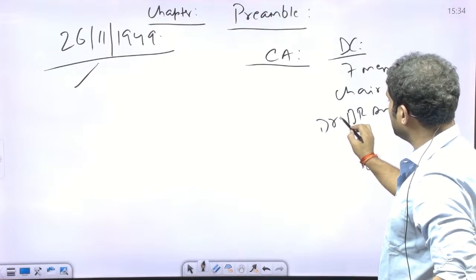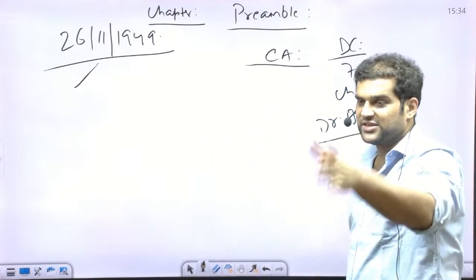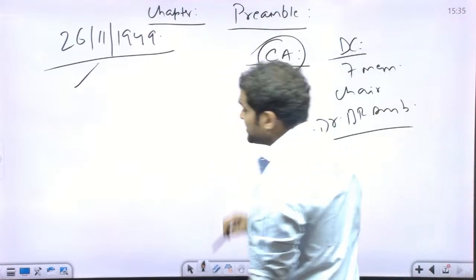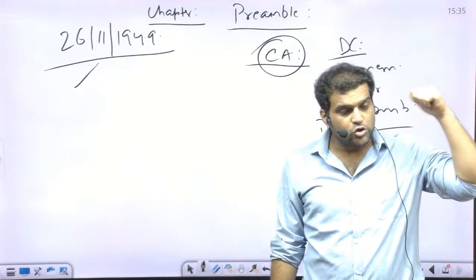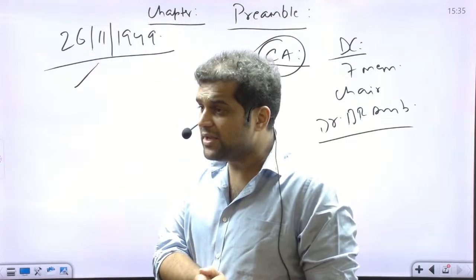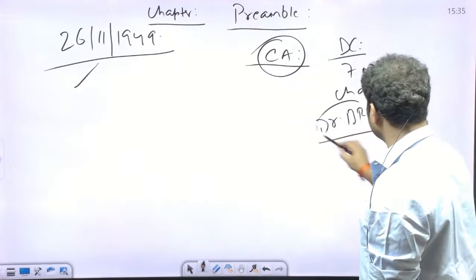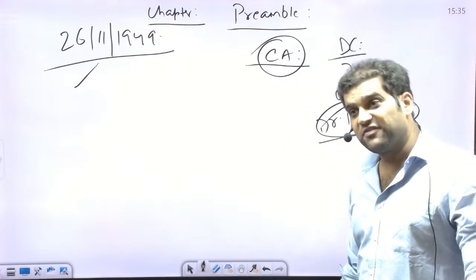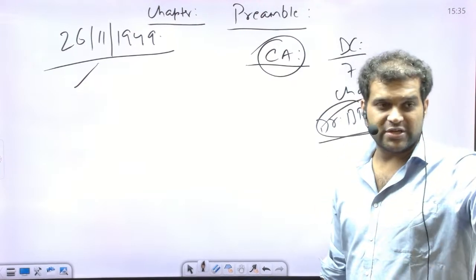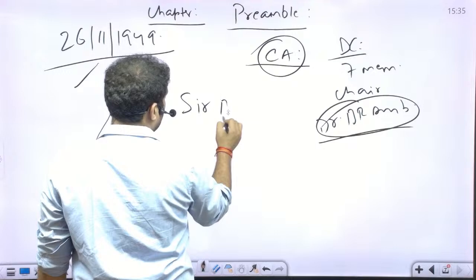Yes, Dr. B.R. Ambedkar. But the question, which has been asked so many times in CDS, SSC, even UPSC, is: who was the constitutional advisor to the Constituent Assembly? Many sincere students make this mistake in a hurry. They write Dr. Ambedkar. Dr. Ambedkar was the chairman of the drafting committee. He was not the constitutional advisor to the Constituent Assembly. The legal advisor was Sir B.N. Rao.